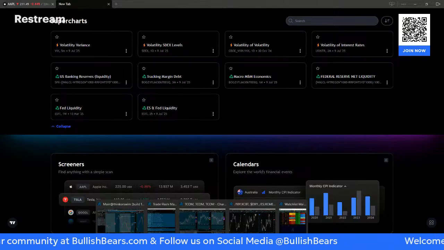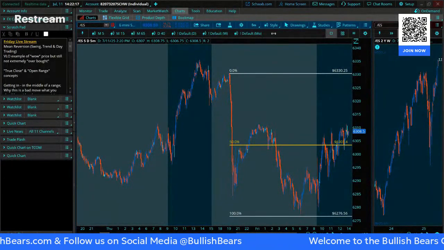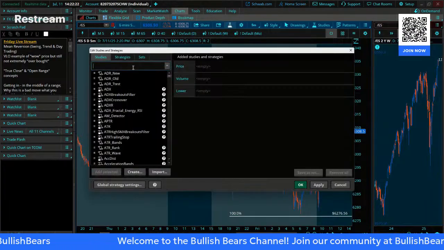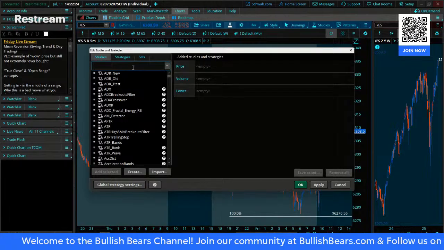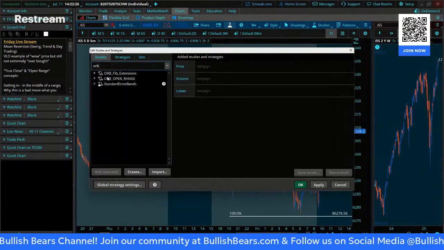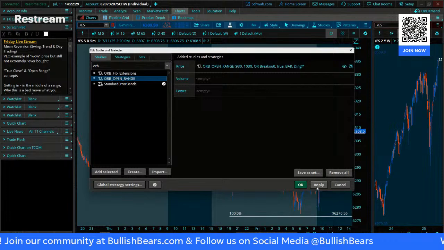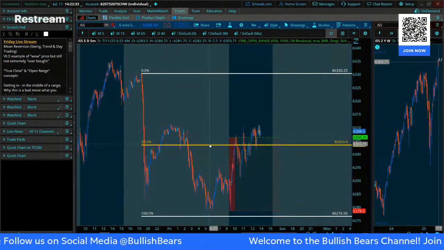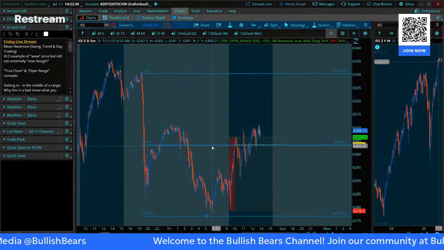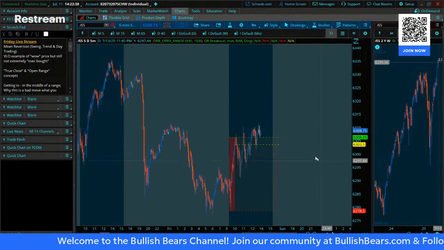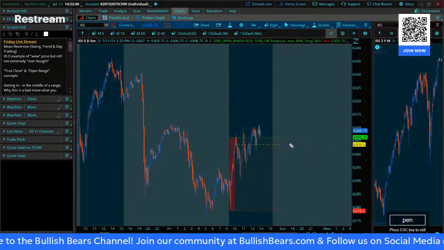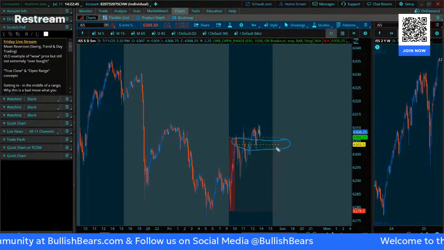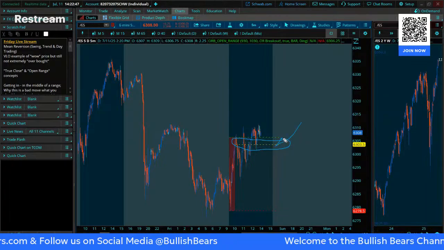Right. You can make your own. I built mine into an open range indicator, so it just does it for me. But if you wanted to hunt for one on Thinkorswim, they don't have it, right? Mine is inside this. This yellow line right there is the true close line. So mine already has it built into it.